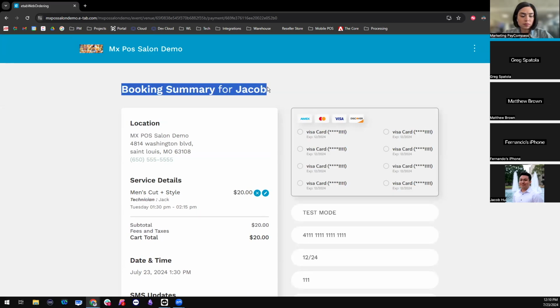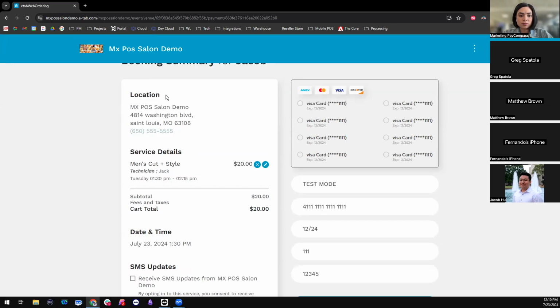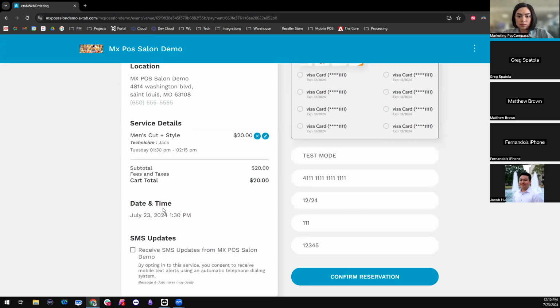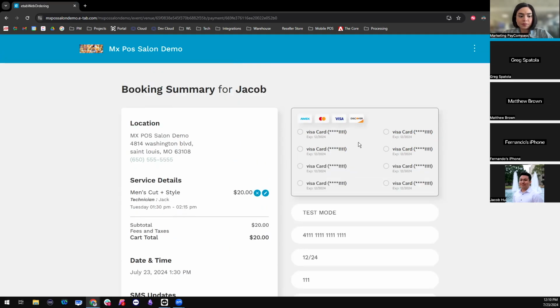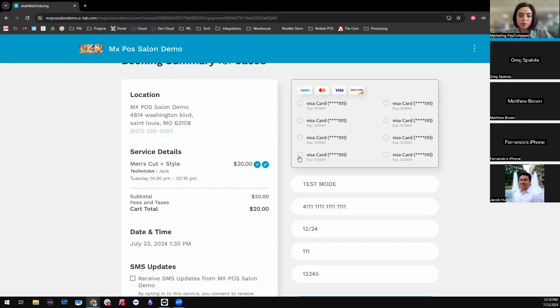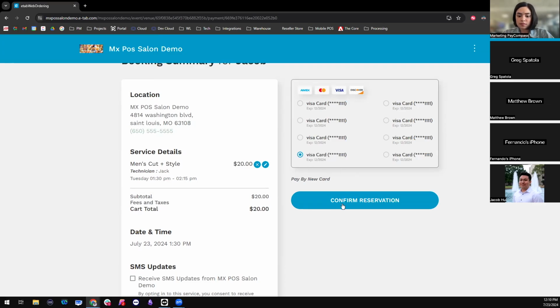You'll see that it's confirming the customer, it's confirming the location, as well as any of my service details. What we're doing after that is just giving them an example of their fees and things like that, as well as the date and time. And we have the ability here on the right side to capture a card if we wanted to enforce a